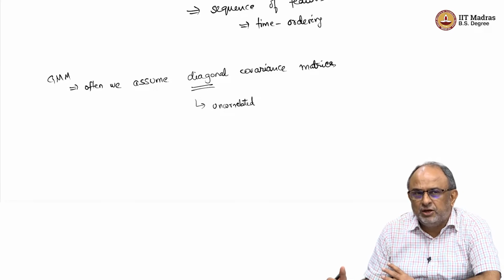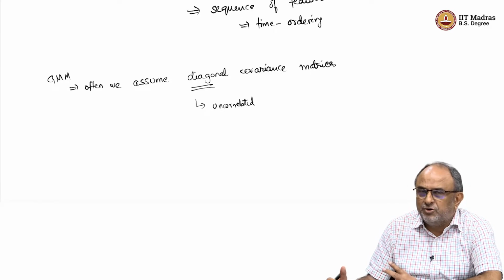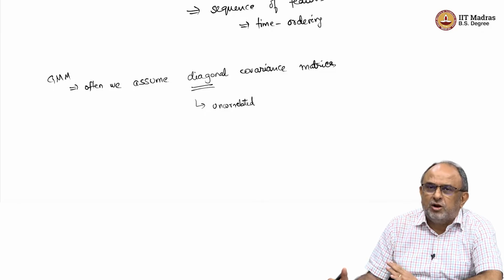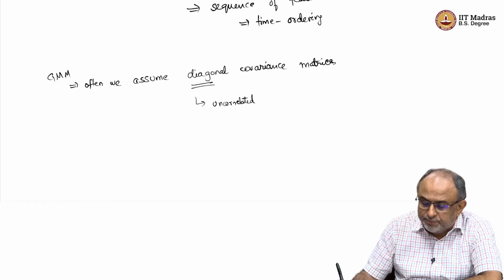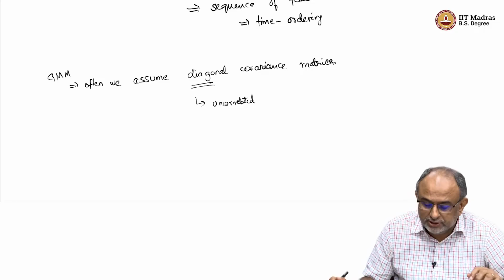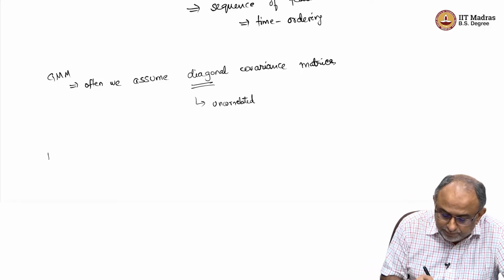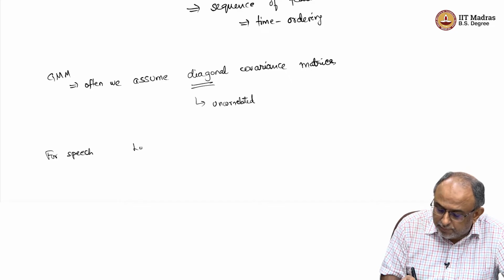In decorrelating, we compute something called the covariance matrix, and then use Cholesky decomposition and do lots of pre-whitening kind of operations. I am not going to talk about all of this, but in speech there is a very simple method: we take the log Mel filter bank,